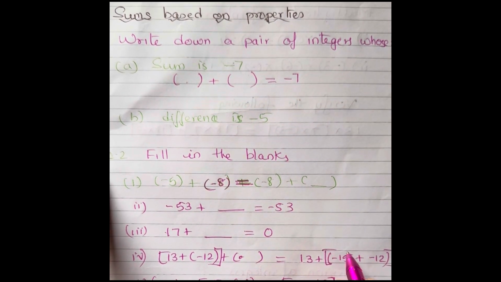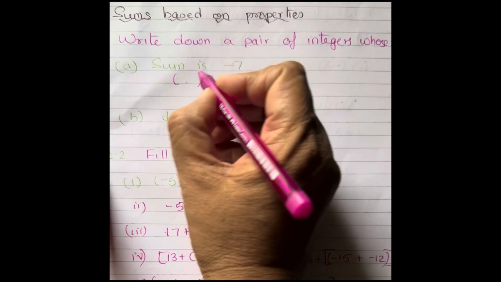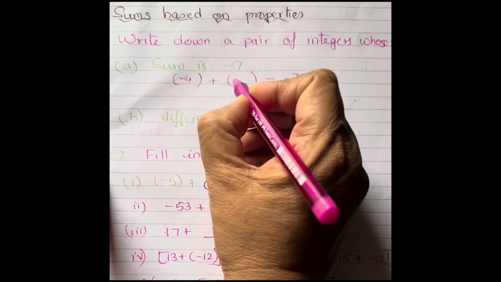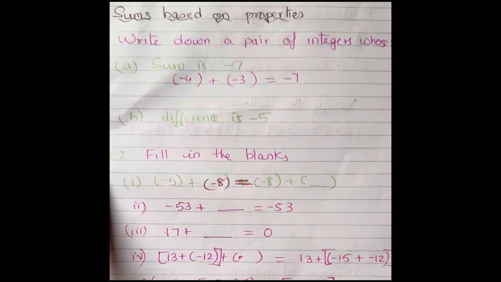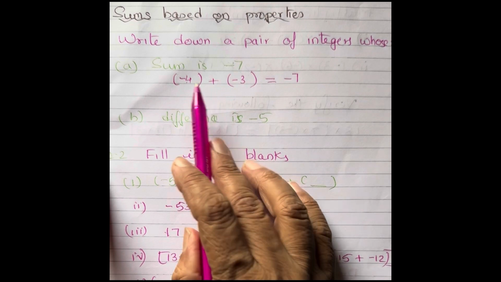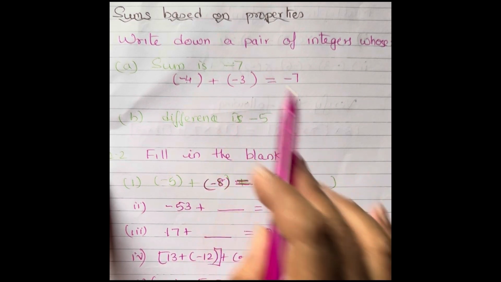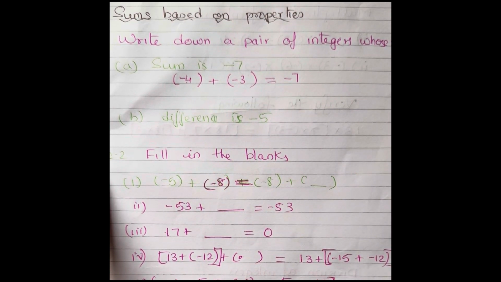So we need to place two numbers. So what we will do here, first think of two numbers which give you a sum of 7, positive 7. So 4 and 3, okay. But you want a negative 7, so you will take both negative. So minus 4 minus 3 will give you minus 7. Like you can take 5 and 2. You can take 6 and 1. So there are many possibilities. You can write any one of them. And also check once, okay, whether you are getting the same answer.